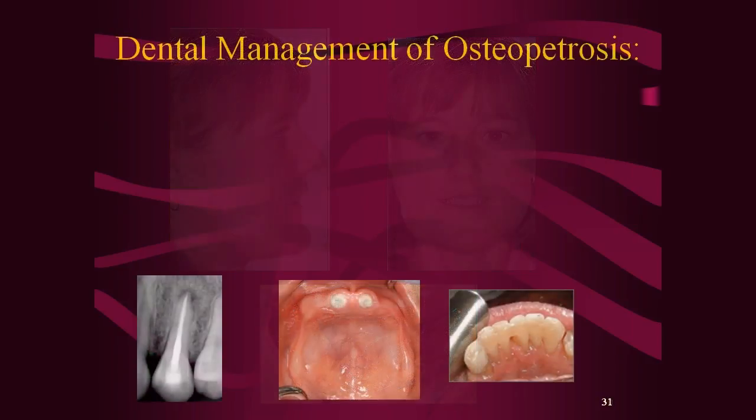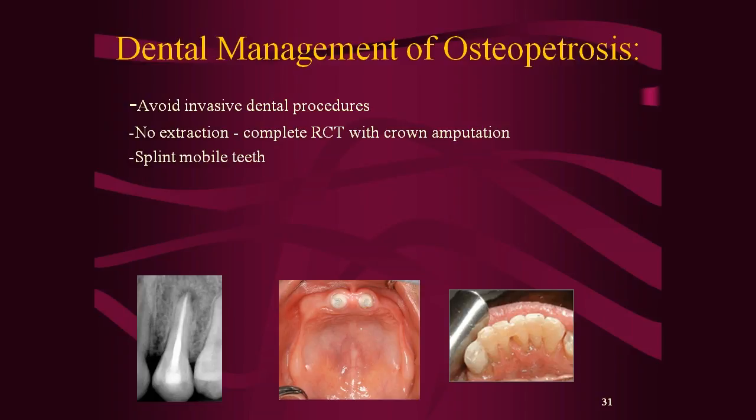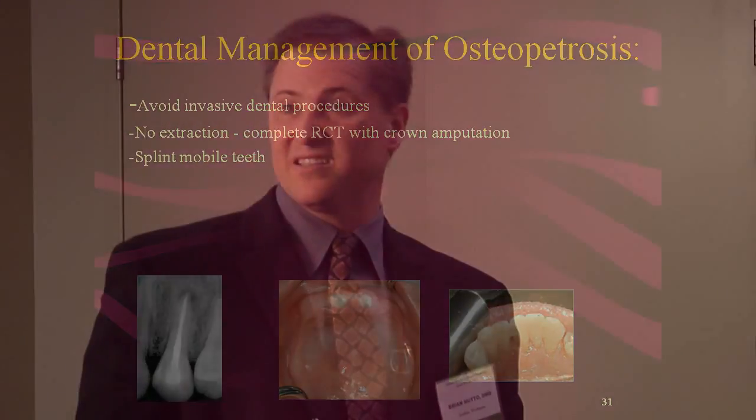So in these patients, what we've gone over is you avoid any kind of invasive dental procedures. You try not to do any extractions if you can avoid them. Oftentimes what you can do is a root canal, put a little bit of gutta-percha material down at the bottom, and then take the crown and just cut off the crown part of that tooth. If there are some mobile teeth, you can splint those together to help maintain them. Oftentimes you're going to lose the tooth eventually, but let the tooth fall out on its own versus